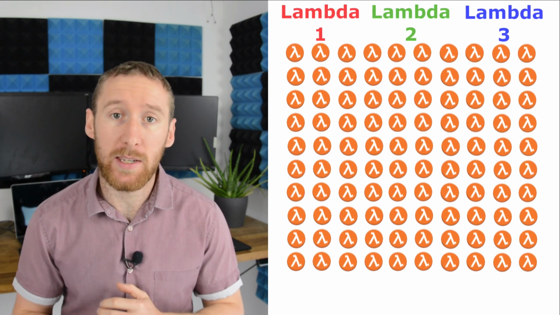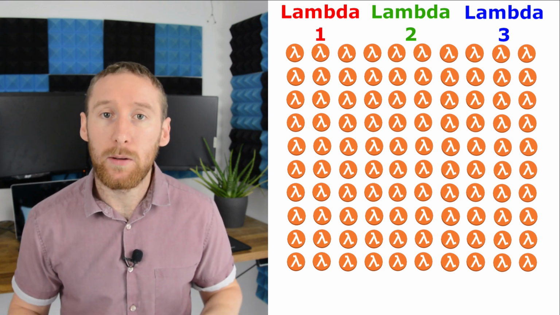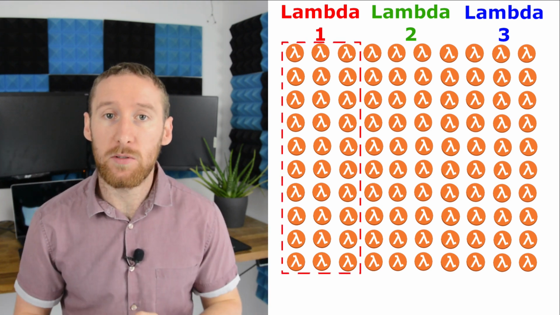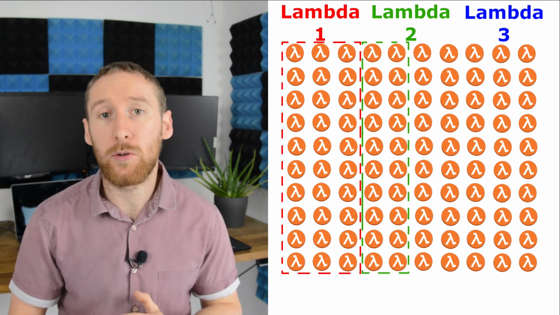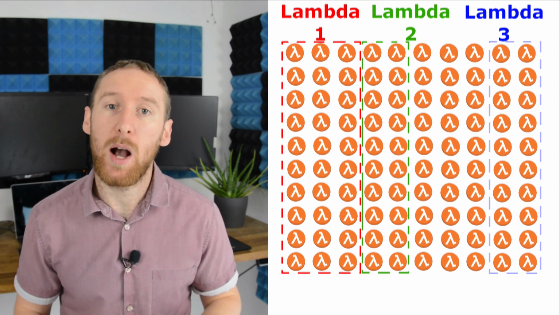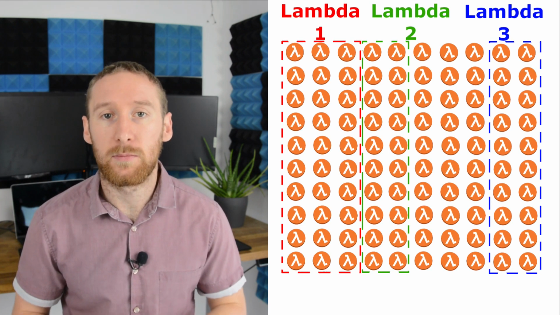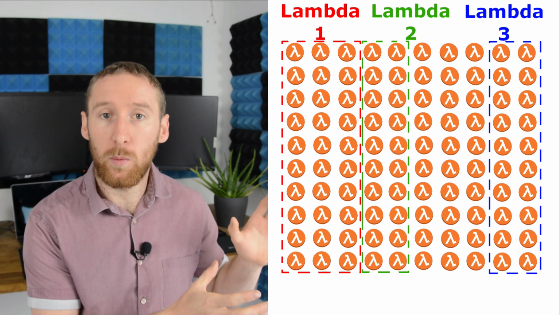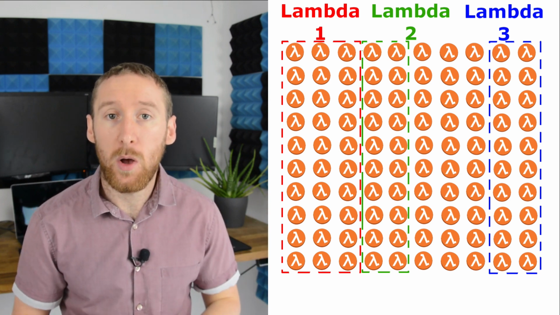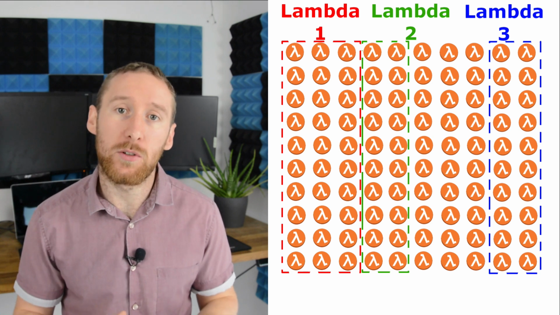So to resolve this issue, there is a thing called reserved capacity. In your Lambda, you can say, I'm going to reserve a certain number of my Lambda executions specifically for this one Lambda. So if we had those 3 Lambdas again, you could say that for Lambda 1, I want to reserve 300 spots, Lambda 2, I want to reserve 200, and say Lambda 3, I want to also reserve 200. That means that you have 300 for one, 200 for the other two, which is 700 of your 1,000 available